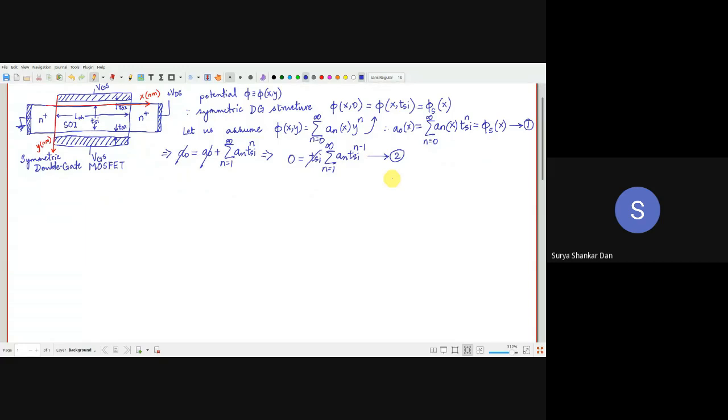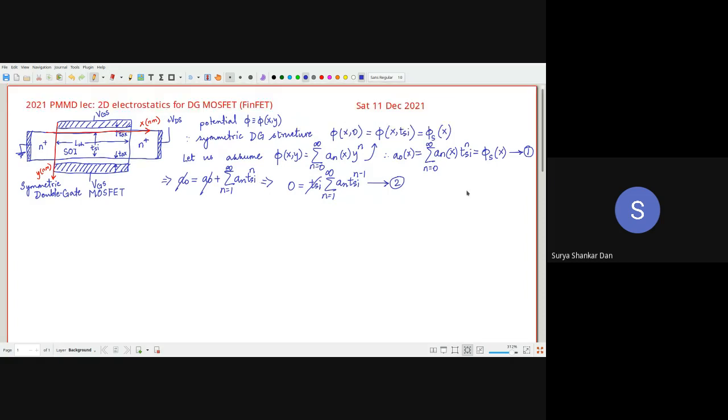Okay, everyone? All right. So we will be using these equations later, and that is the reason I am putting these 1 and 2 here. Please understand this carefully, because this is the basis on which all the FinFET modeling is done. Even our gate overlap tunnel FET modeling is also based on this.